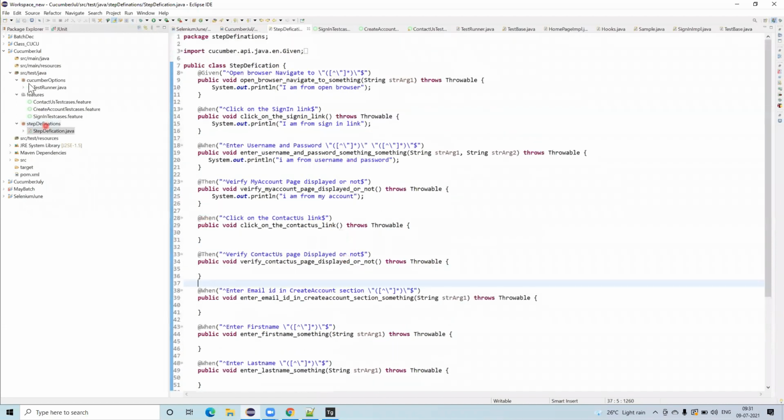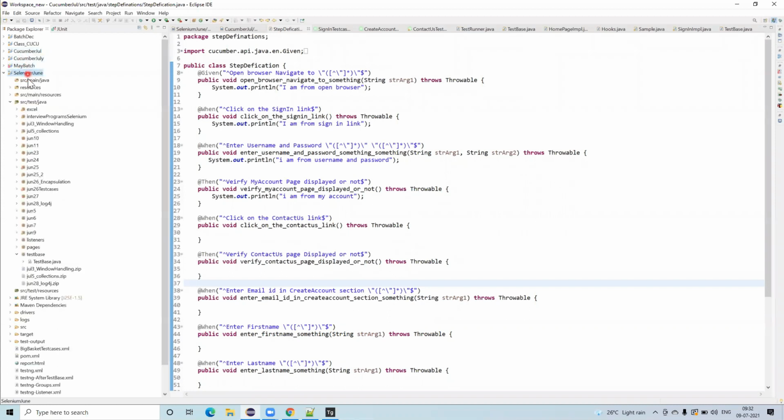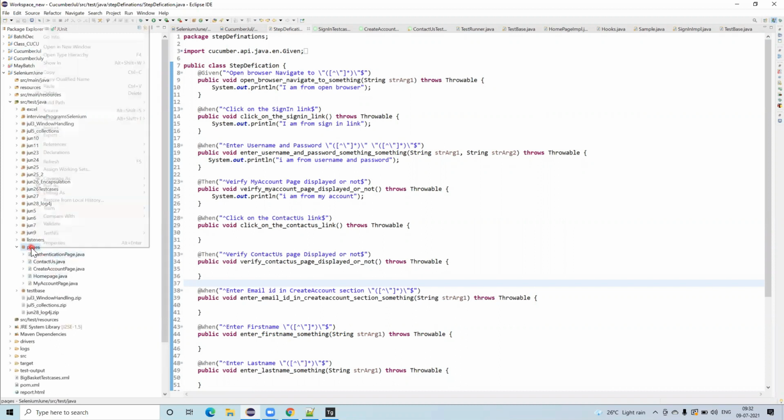Now what you do is just copy paste whatever we have in the last project. See here, as I said already, we have to use the existing POM methods. What is the existing POM method here? If you notice, open this, we are having pages. See this, pages. Copy this, pages, and